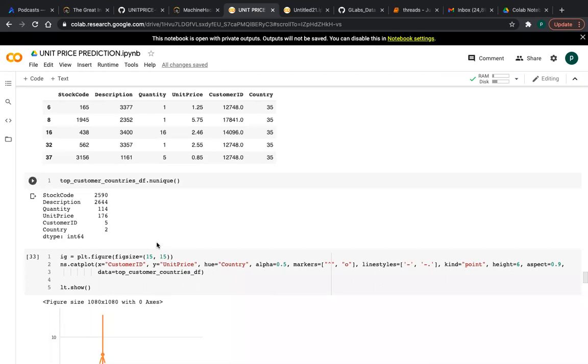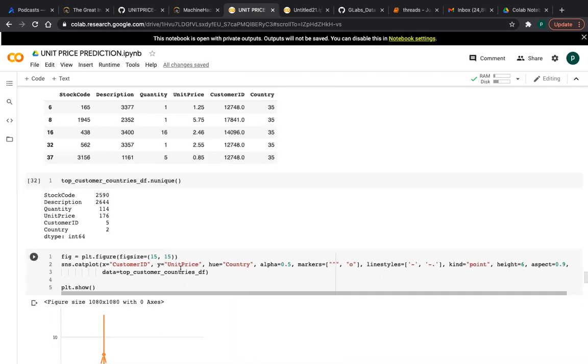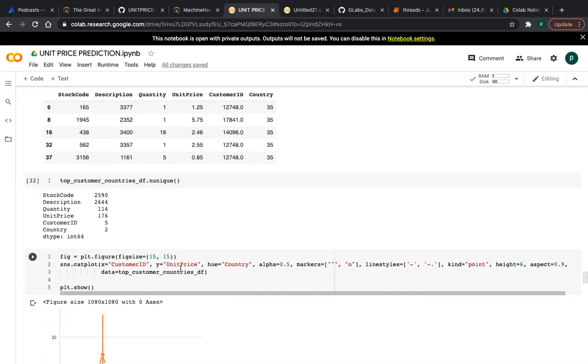This is a very new plot, friends. I am introducing a very new plot. This is called a categorical plot. It is available in the Seaborn library, friends. From this plot, we can know which customers are buying from which country. We can segregate by country, or by whichever column you want.